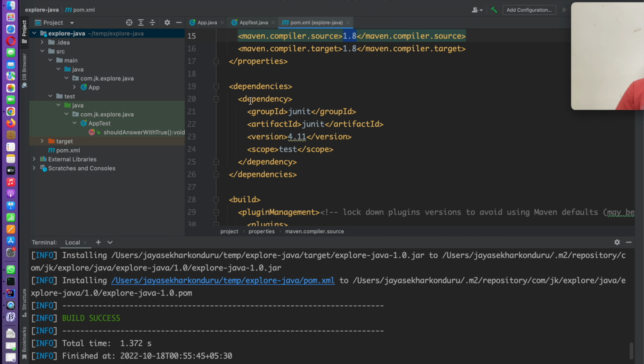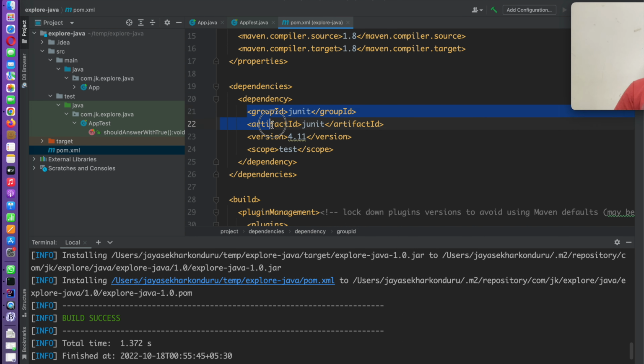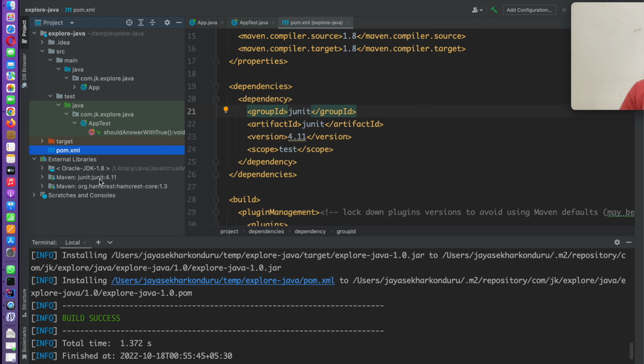Okay, and the dependencies, in order to have the test cases, they have added this dependency. So this is nothing but some third party guy has developed this jar, and they have published it in the Maven repo, that is available in the central repo, the public repo. Public repo is nothing but a place where they store a lot of jars, and anyone who wants to use those jars can just configure it by group ID, artifact ID, and version, and then that will be available to you. So if you see the external libraries here, you see JUnit 4.11. The first column is the group ID, the second one is the artifact ID, the last one is the version number. Similarly, there is another one,